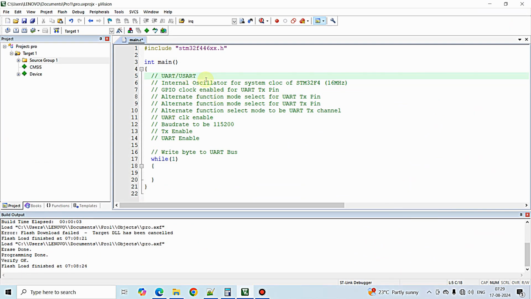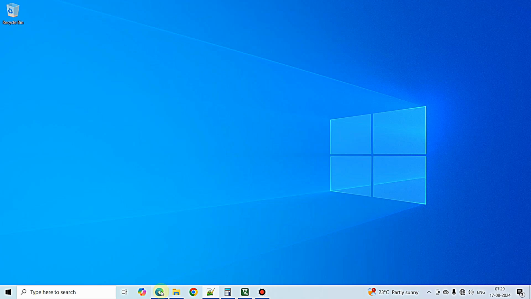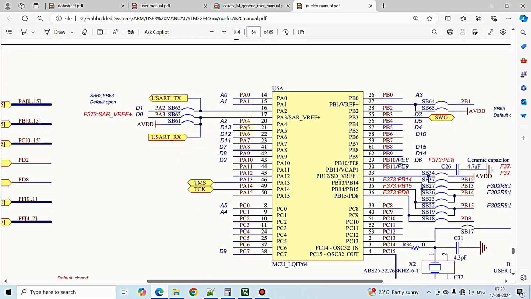So the port that we have chosen is PA2 TX. The reason why I have chosen this particular port PA2 PA3 is that by default in the Nucleo F446RE development board, we have an onboard USB connector using which we will be connecting the Nucleo F446RE development board to the PC through a USB cable. So this particular UART port is connected to that USB port so that we can visualize and implement the